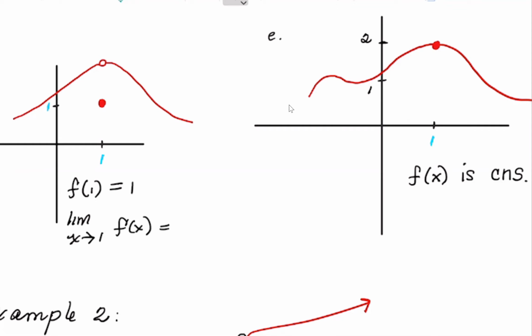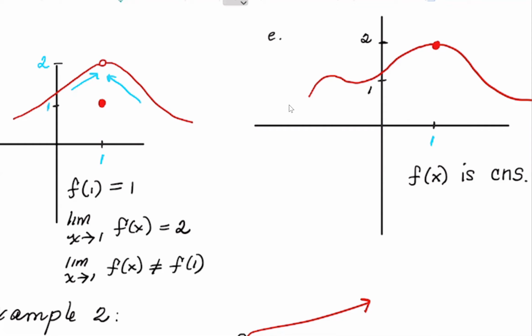Let's say it's equal to height 2. So the limit from both sides, the function's going to 2, so it exists. So what's the problem? They are not equal. So here the limit as x approaches 1 of f of x does not equal f of 1,